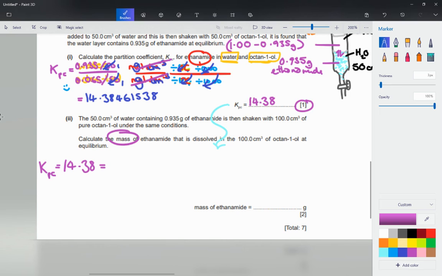Now, you know that something is going to move across. You know that mass. You don't know what that mass is. That's the unknown. So let it be x. Let it be x grams. If you're not comfortable with x, then just say mass. It's just 4 letters. All right, x grams is fine. So you know that, to be consistent with what we had before with the water and the octanol, you're going to have